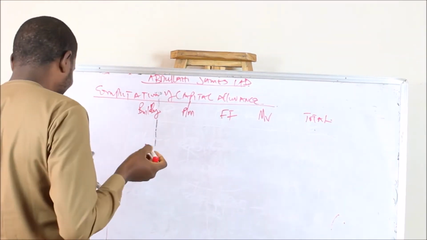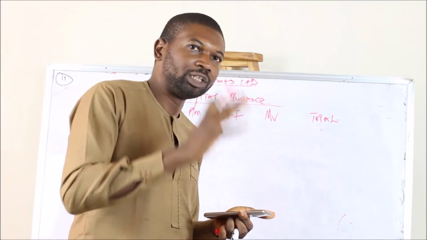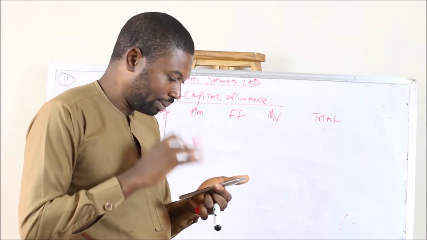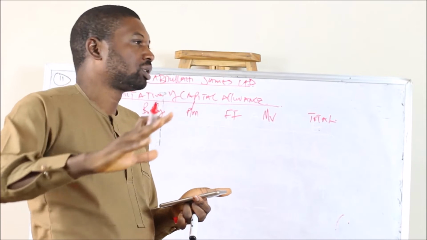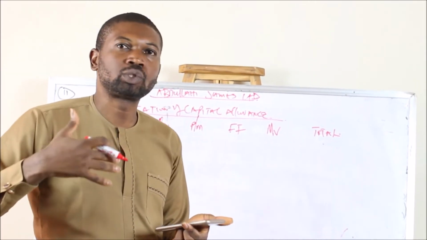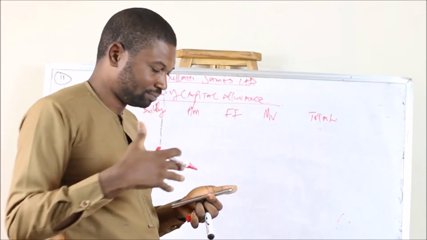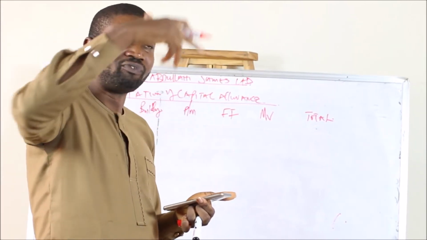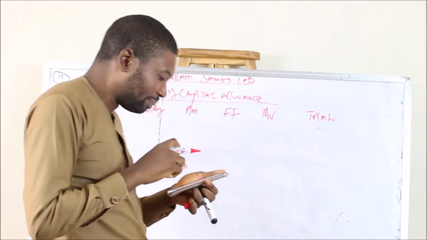So in this case, remember now, we talk about types of capital allowance. We have initial and annual, and also we have investment allowance. Now remember, there are statutory rates, which of course the examiner is expected to provide together with the question. We have what we call statutory rate for both initial and the annual allowance, which will be given to you, or you should be able to cram that.